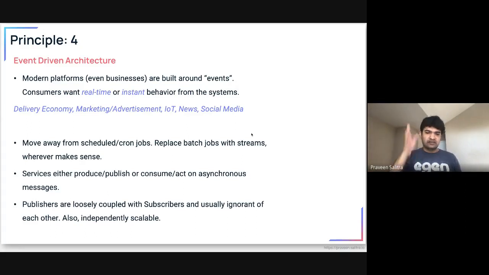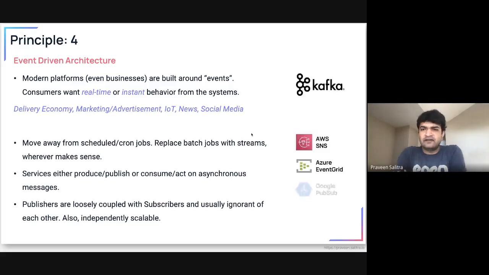What they know is they have a queue, a system, a platform in the middle where the publisher is producing the message and the subscriber is actually consuming it from there. One of the most open source and most popular platforms is Kafka. If you have time, if you have understanding, read about it. But if you are on the cloud providers and if you want to use one of their managed services, you have a lot of options from all three cloud providers there.